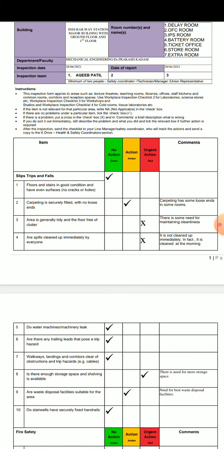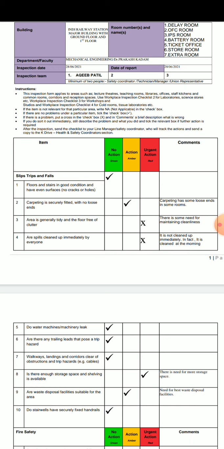After that, the second thing given is regarding problems. First of all, we should know there are two things in this sheet: first there is a problem, and second is action. I will explain action further. First of all, I will explain the problem. If a particular item that is mentioned creates a problem, that is, if any problem is created due to that item, or if that item is not there.